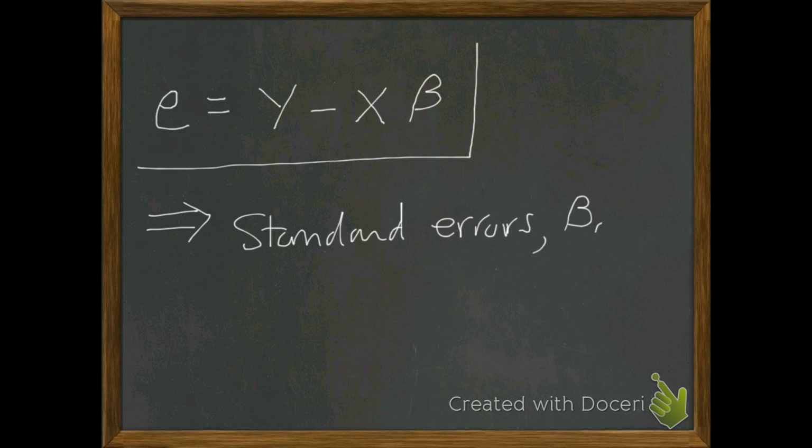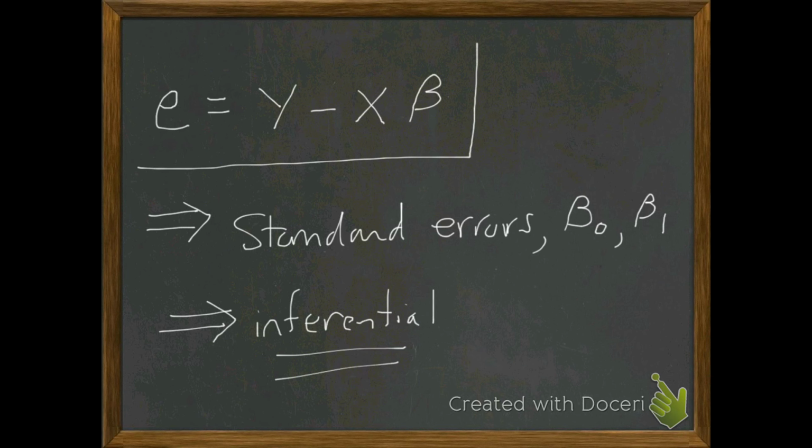For, in this case, beta 0 and beta 1. And at the end of the day, this starts one of the first steps in looking at the inferential analysis. Now,